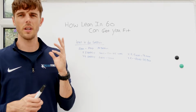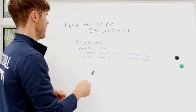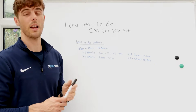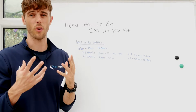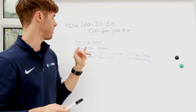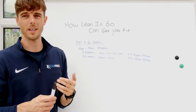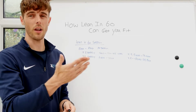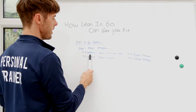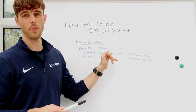So if you're doing the Lean in 60 sessions and you're just following say 2 sessions a week, each session we estimate is about 500 to 800 calories burnt per session depending on your weight and how hard you're working. If you're working really hard, minimum we're going to hit 500 to 800. If you're not working as hard, you're probably working at the lower end of the spectrum, so that 500. If you're doing 2 sessions a week, you'll be estimated to about 1,000 to 1,600 calories burnt a week just